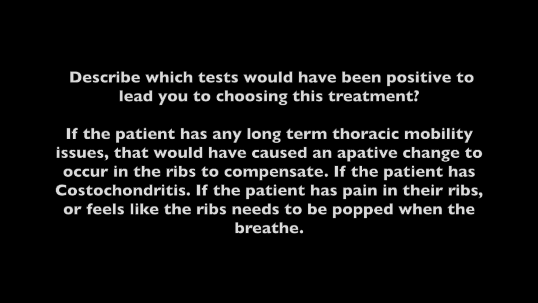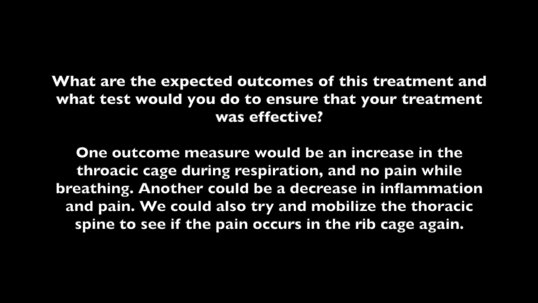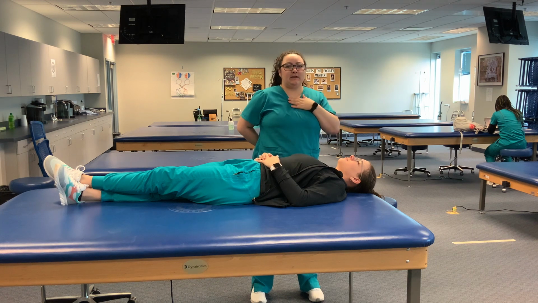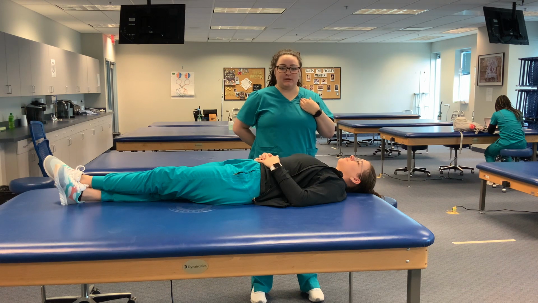for some patients. If the patient has had any long-term thoracic mobility issues, there would be an adaptive change in mobility of these joints. Also, if the patient has costochondritis, which is inflammation of the cartilage that attaches your ribs to your sternum. Additionally, patients who feel like their chest needs to pop when they take a deep breath. Hopefully we would see an increase in rib cage expansion and respiratory measurement, and a decrease in inflammation and pain in patients with costochondritis. For my video, I'm going to be doing the sternum to cartilage and cartilage to rib AP mode